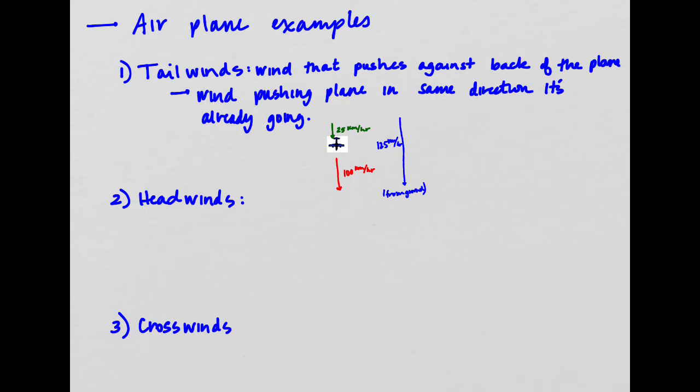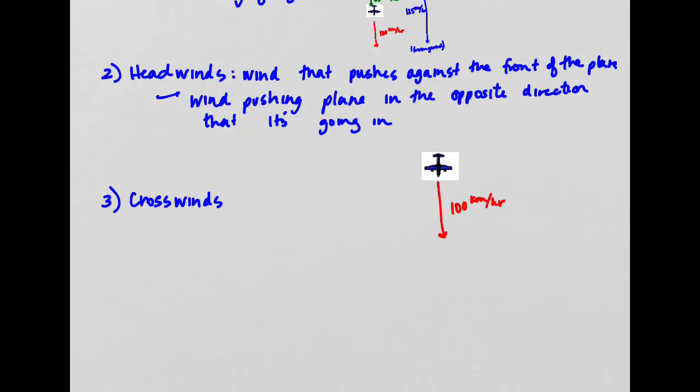All right, so here we have our plane again, and it's going in the same direction, same southern direction at the same velocity. But now we have a headwind. The headwind is pushing on the plane in exactly the north direction at 25 kilometers per hour. So now we have